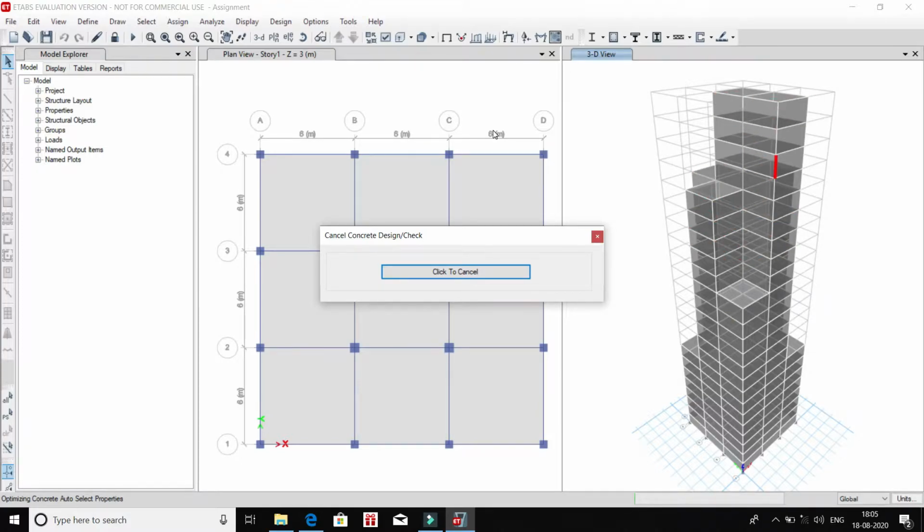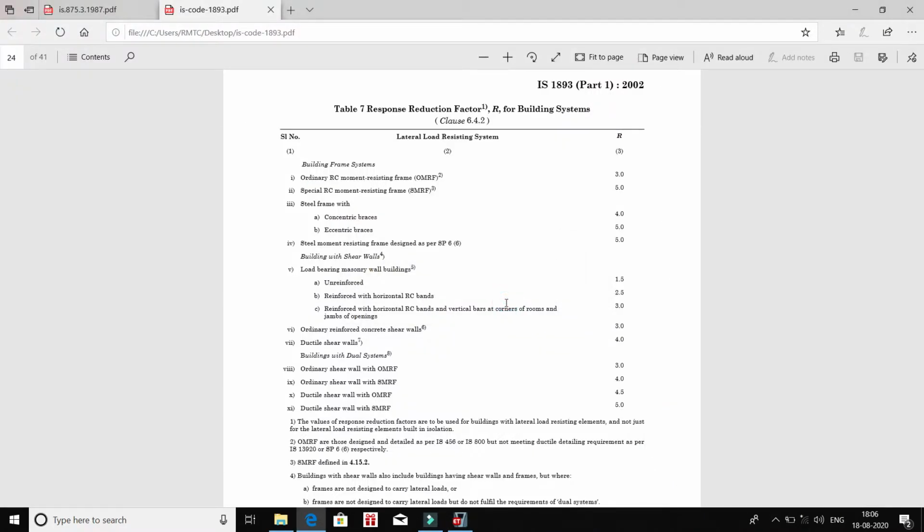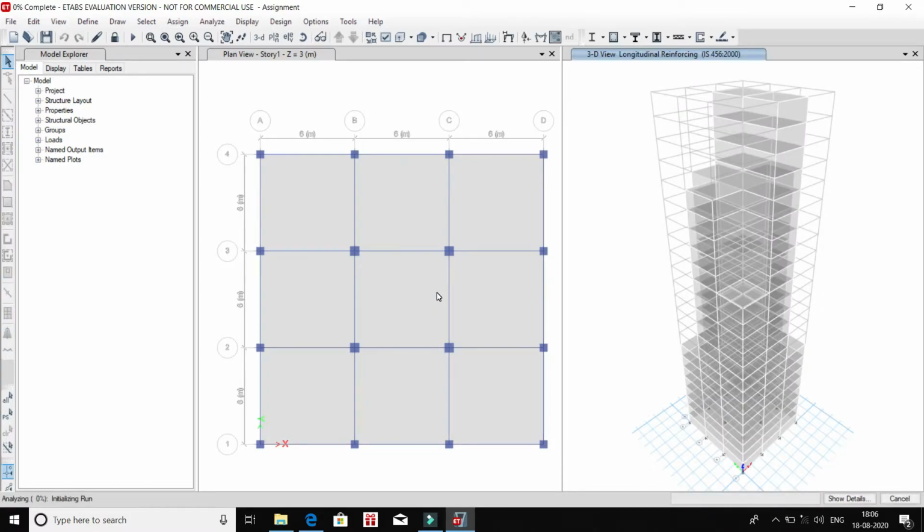It will take some time. As you can see, 8 concrete frames have failed and the computer asks for redesign. Then click on OK. Again, this will take some time.